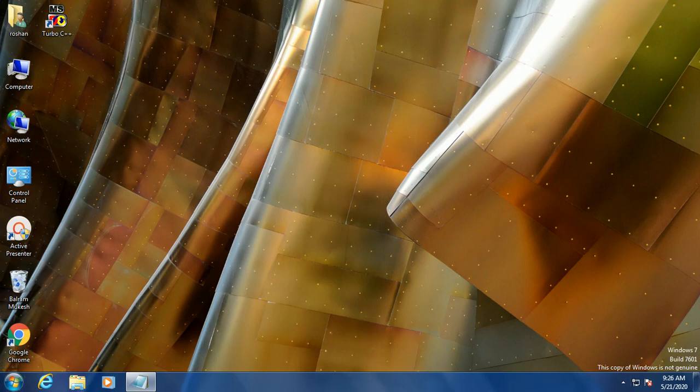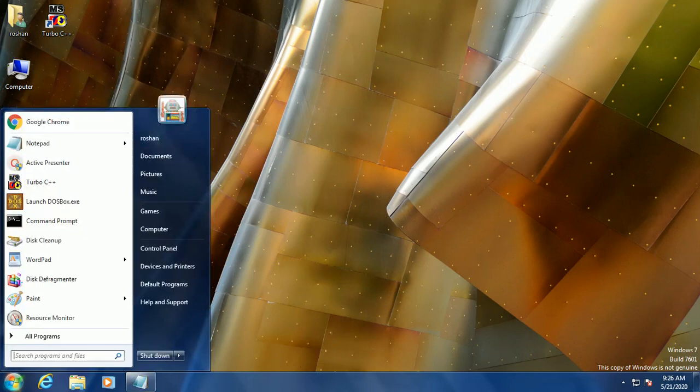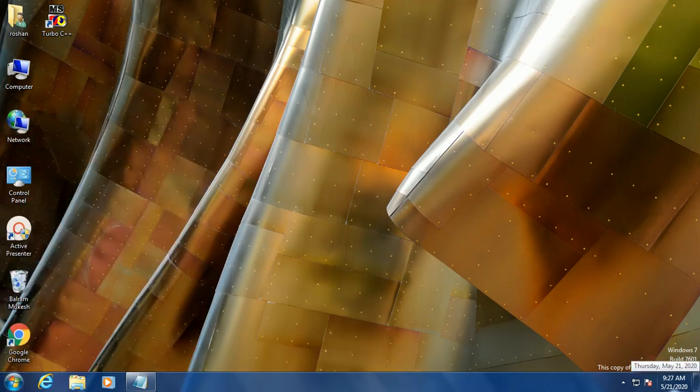How can you define the taskbar? The rectangular bar that runs horizontally across the bottom of the screen is called the taskbar. It is the taskbar where the Start button appears at the left down corner of the screen. On this side, the date and time are available.